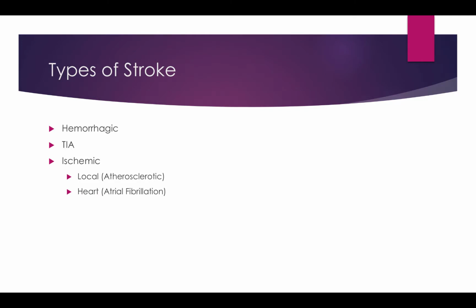So types of stroke, so we've got hemorrhagic, and that's basically bleeding in the brain, causing inadequate perfusion to the brain and causing some damage. A TIA is basically a transient ischemic attack, so it's this kind of intermittent stoppage of blood flow, but not a true blockage typically. And symptoms of TIA generally resolve on their own,